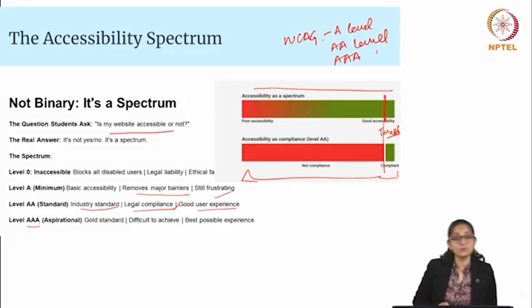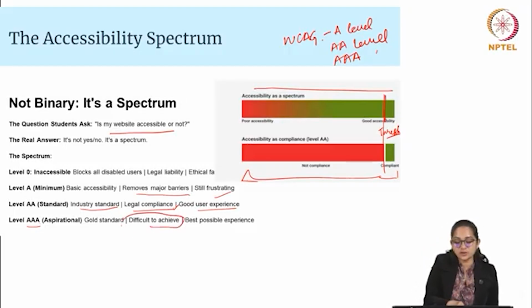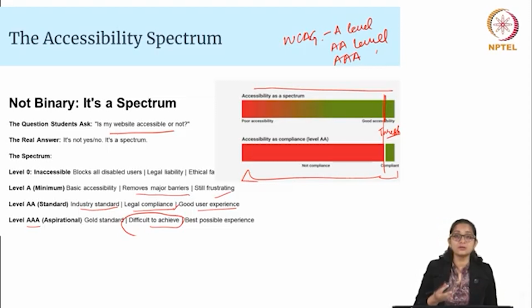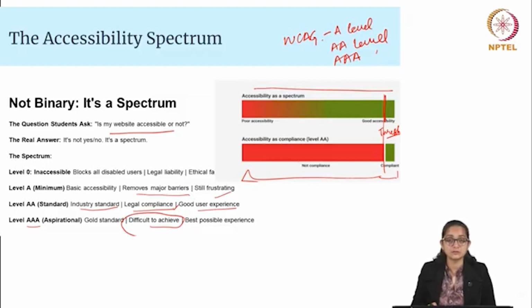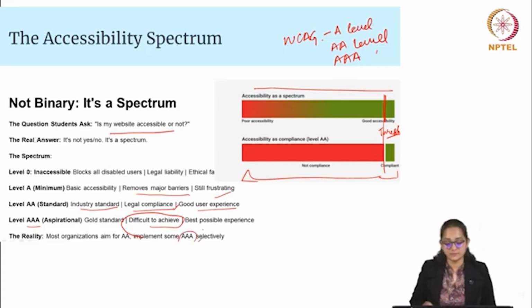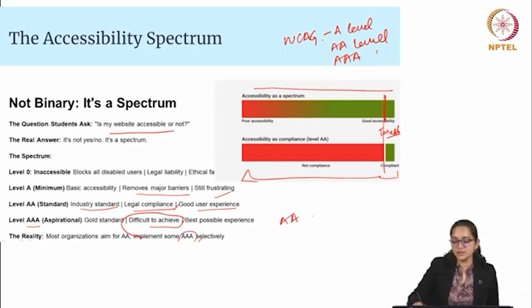So AAA is more aspirational, it's a gold standard. Most of the compliance aspects mentioned in the AAA level are very difficult to achieve, but may offer the best possible experiences and inclusion for a large number of audience. So the reality is that most organizations aim for AA and implement some AAA selectively, largely because AA is also a legal requirement,